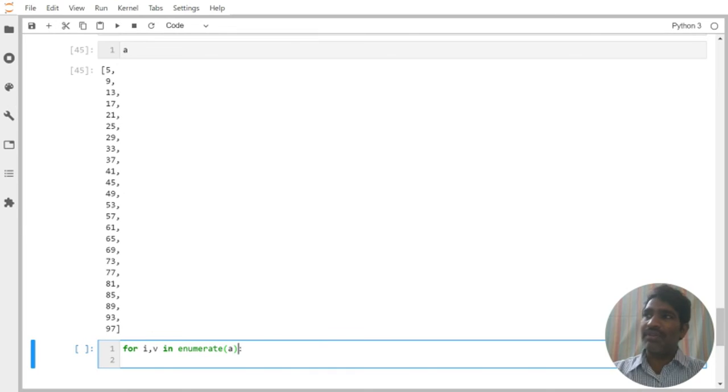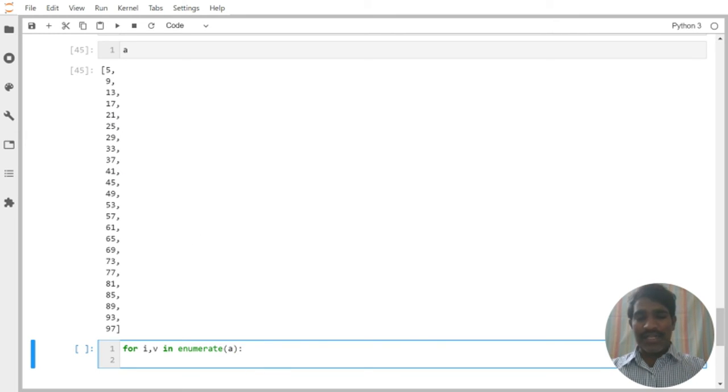Index by default starts from 0, so the first time 5's corresponding index is 0 and the value is 5. For alternate numbers, the next one I have to skip. I need to go for 13, skip the next, then go for 21, 29, something like that.